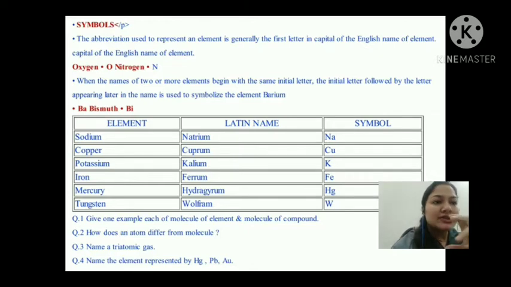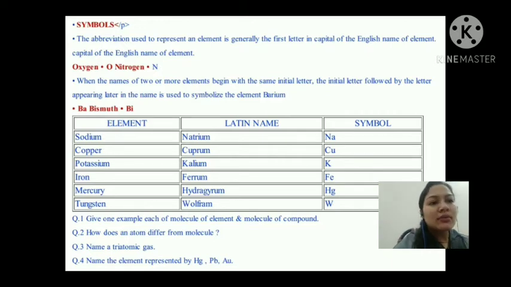Okay, when many atoms of different elements join, we call it a molecule of a compound, as the name indicates. Like CO2: here the carbon atom as well as the oxygen atom is there, so it is forming CO2, that means a molecule of a compound. Same with CH4, methane gas: carbon combining with 4 hydrogen forms CH4, and it is also a molecule of a compound.